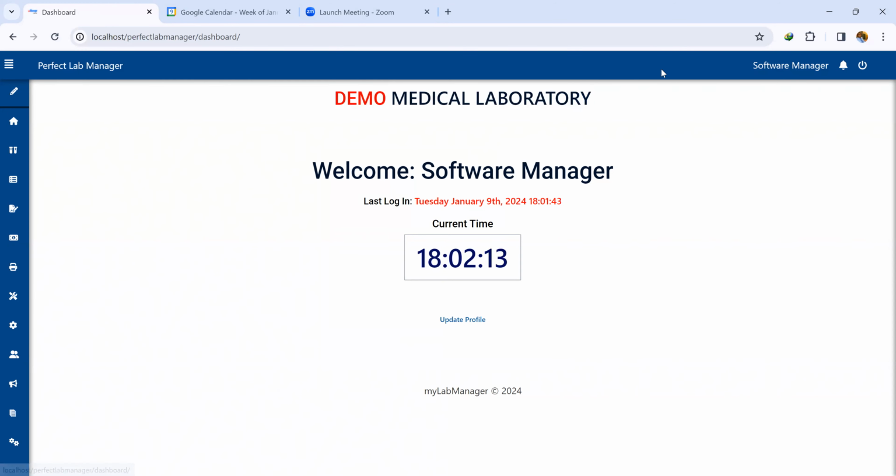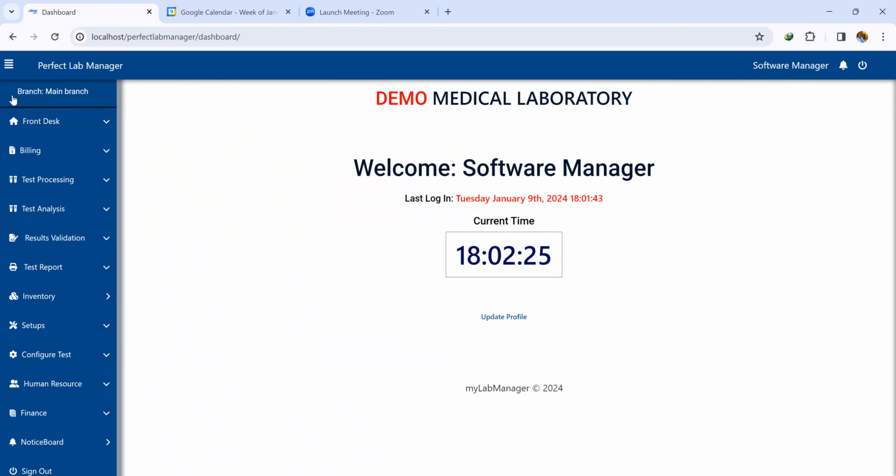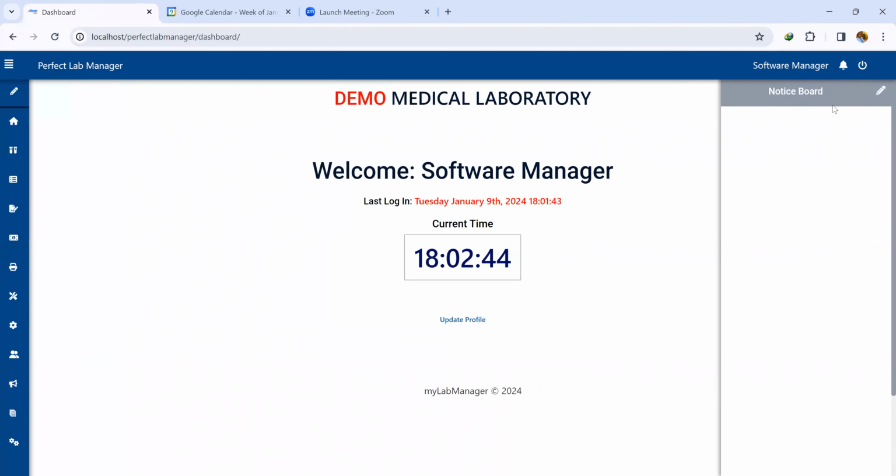On the header, you will find the name of the software. There is a navigation bar that helps you to go through the menu. When you click on the navigation bar, the main menu pops up for you. At the right corner of the header, you will have your name as you've been assigned, and then there is a notification bell that gives you notices when they are in. When you click on the notification bell, your notice board pulls up for you, and if there is any notice that has been sent from the management of your facility,